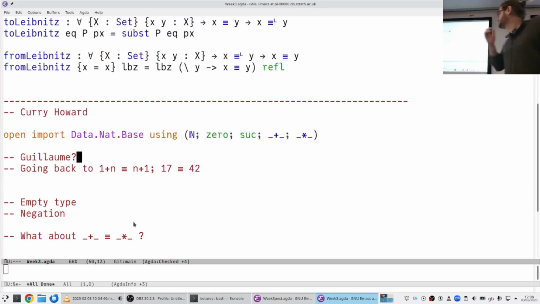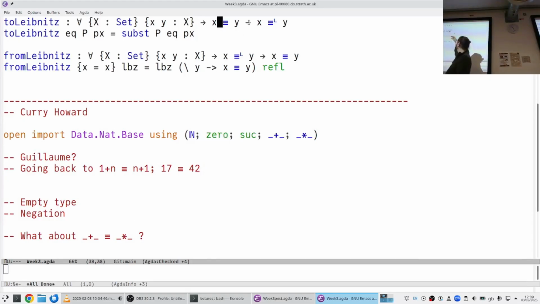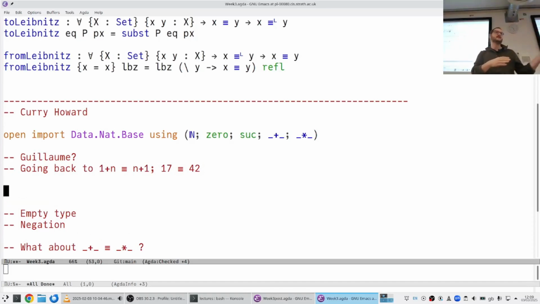Yeah, so here we've been writing functions going back and forth between our notion of equality, propositional equality, and Leibniz's notion of equality, which is characterized more in terms of the observations you can make of the values. But what's really important in what I just said is that we are going from one type of proof to another. We're writing functions that turn one kind of proof into another. And this is a really deep parallel that you can build all the way between functions and their types on one hand, and logic and implications and proofs on the other side.